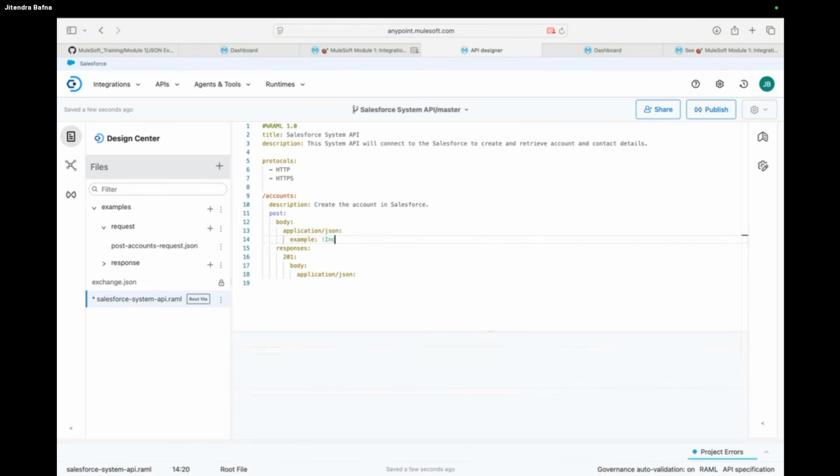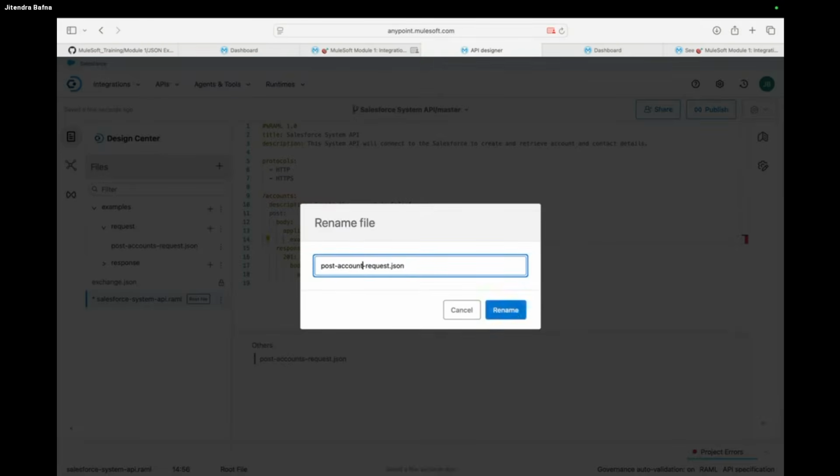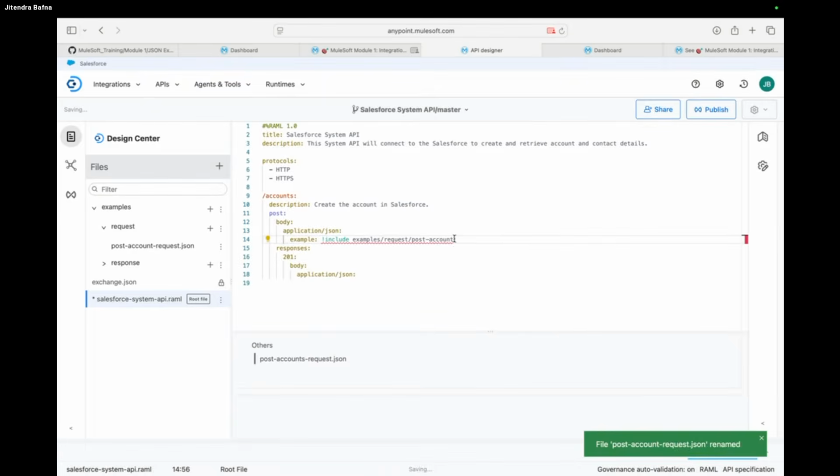I can just say include examples slash request slash post account. I will just rename. I will keep the same name as in the GitHub repository: hyphen request dot JSON. Okay, so this is my request example.